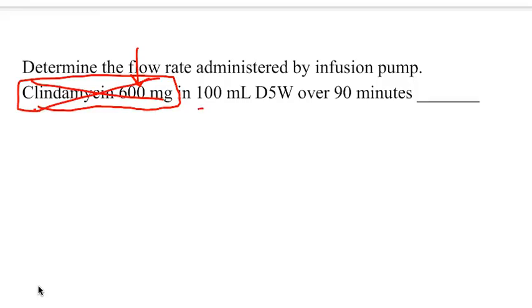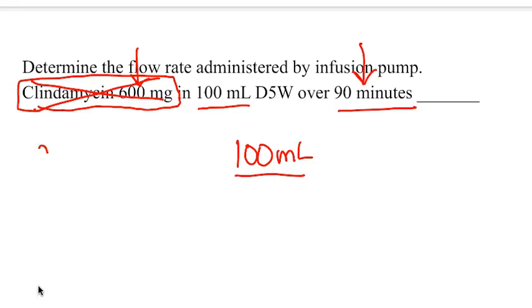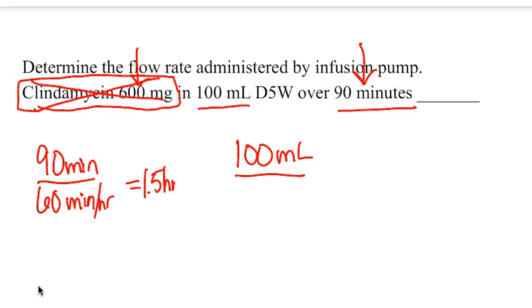What I do care about is I have 100 milliliters over 90 minutes. So I'm going to look at my formula. My total volume is 100 milliliters that I want to infuse. And how about time in hours? Okay, 90 minutes is not a clean hour. So I need to do 90 minutes divided by 60 minutes in 1 hour. It's going to equal 1.5 hours. So I'm going to take my 100 milliliters and divide that by 1.5 hours. 100 divided by 1.5 is going to equal